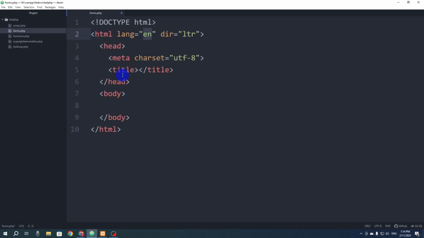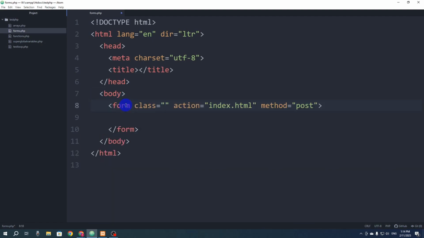Here you can see I am in a PHP file, and that is forms.php. So I will create a form first. So HTML, and it's in the body. Let's say I want to create a form. So I will say here form, and I want to add some input field,